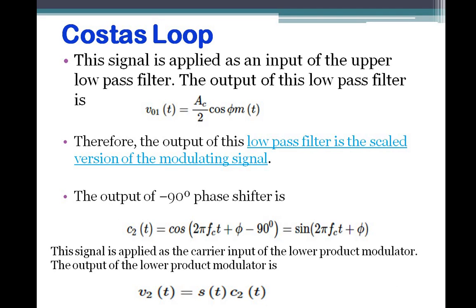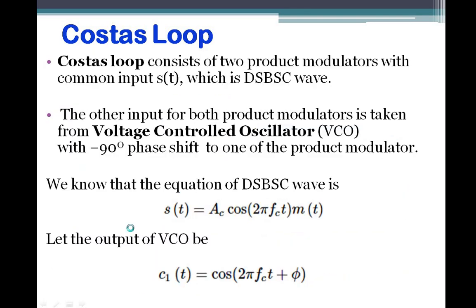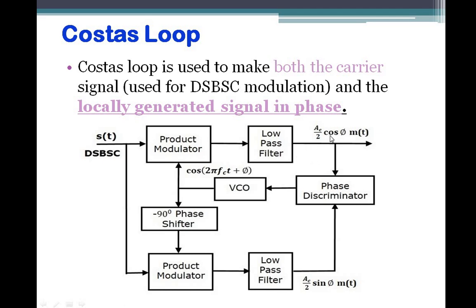In the second part, when you use the local oscillator, that signal should have a minus 90 degrees phase shift. So what you have to do now is C2 of t. Go back to that slide, we'll see once again. This was the first part, Ac cos phi into m of t. Finished? Then again from the VCO, the voltage controlled oscillator, the carrier is generated and given to the product modulator with minus 90 degrees of phase shift. Now your V2 of t will be equal to S of t into C2 of t. What will C2 of t contain? C of t with minus 90 degrees. I hope you are clear.